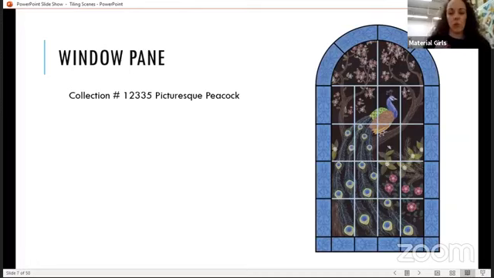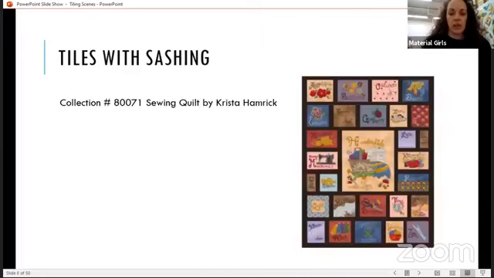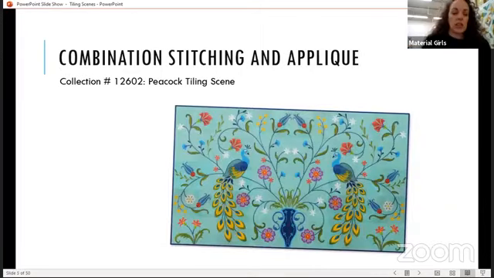So if you left that bias tape off, things may not exactly 100% match, because it wasn't digitized with the intent of it being, for example, sewn together like it is in this peacock. Now, this peacock tiling scene, you could easily, if you wanted to turn it into a window pane, take and cover up those seams